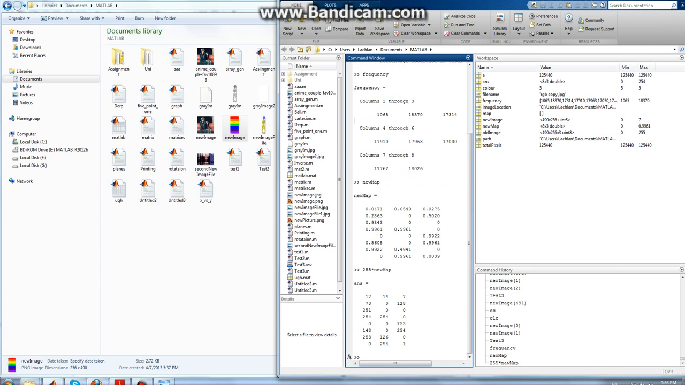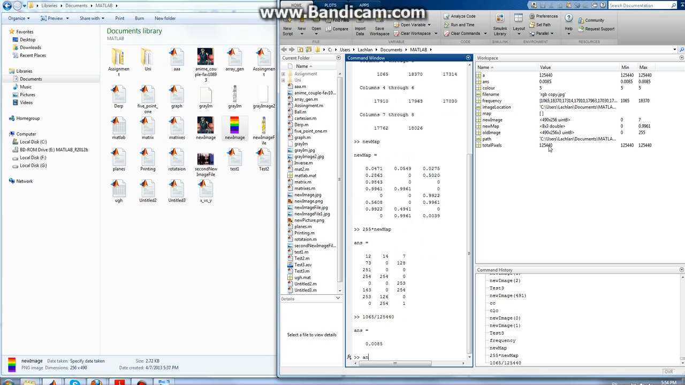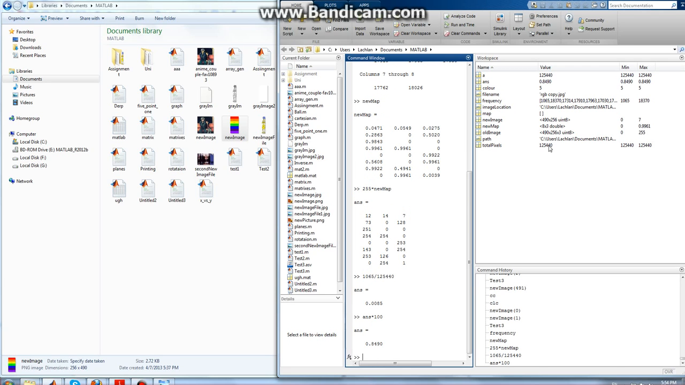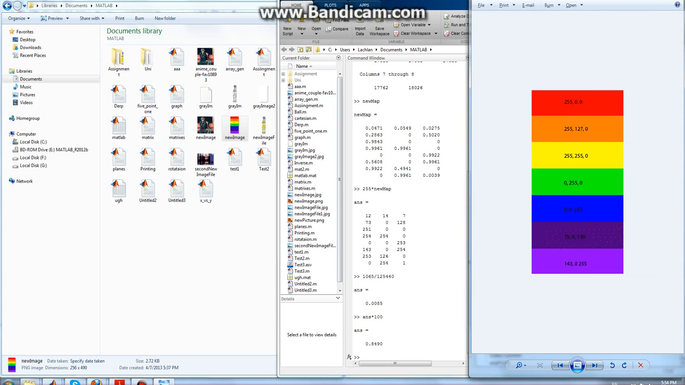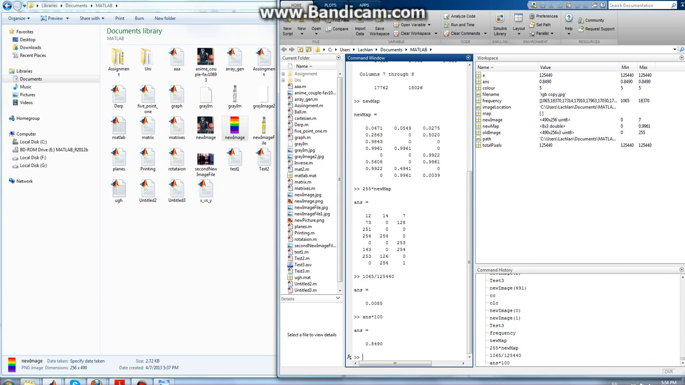And you could easily convert this to a percentage by grabbing a number, dividing it by the total amount of pixels, which is 125,440, then multiplying the answer by 100. So black takes up 8.4% of this image, which looks about right. I'll just double check it with, say, another color. So what about